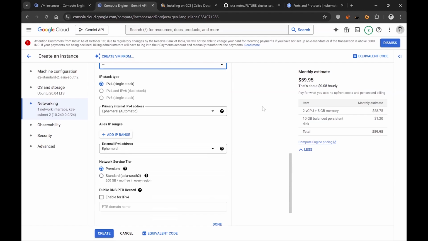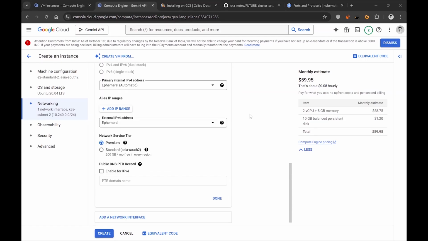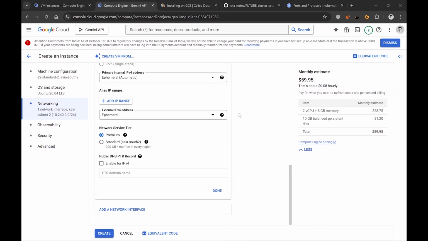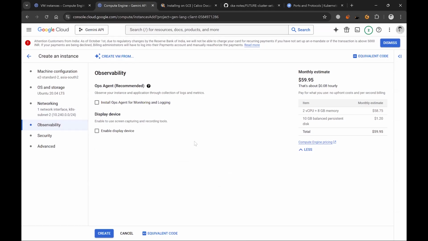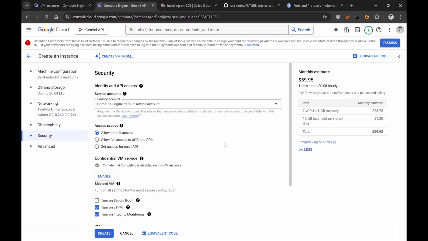And then the primary internal IPv4 address, we can keep it as default. Then I don't think we have to add anything else. So we'll click on done here. Then let's go to observability. I don't think we have to add anything. For security also,